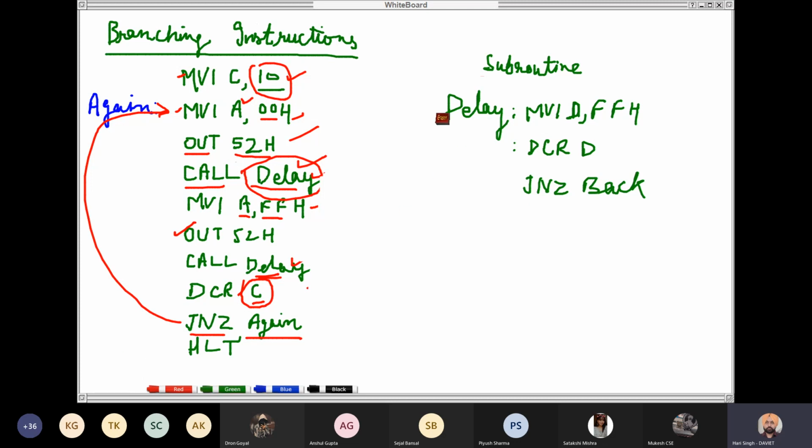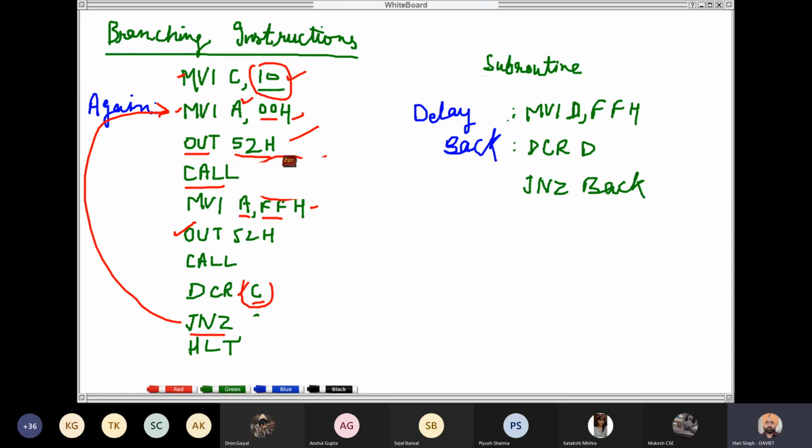Let us write labels in a different color. This is the label delay. This is the label back. At this place also. Let us write the labels in blue color.